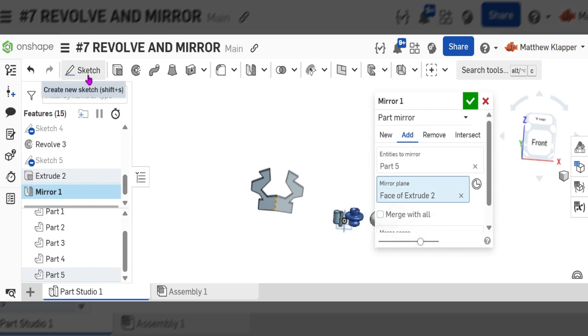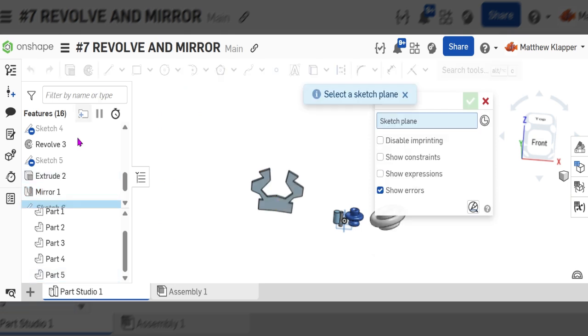So if you're doing something that's complex that has lots of intricate pieces out here, you can use that to mirror. I mean, you can mirror to any work plane that you want. So you can create a work plane, and that's a little bit more advanced. But right now, you just create a sketch on the front,